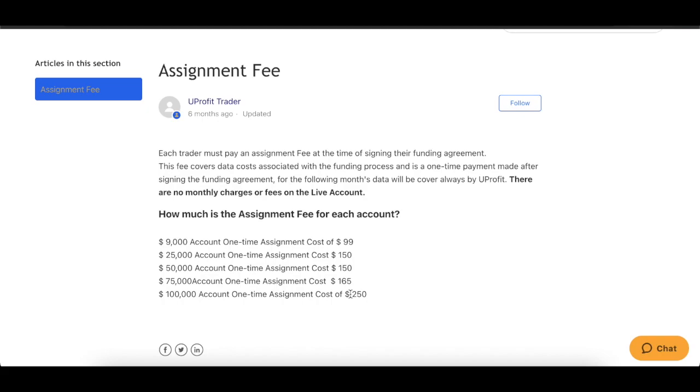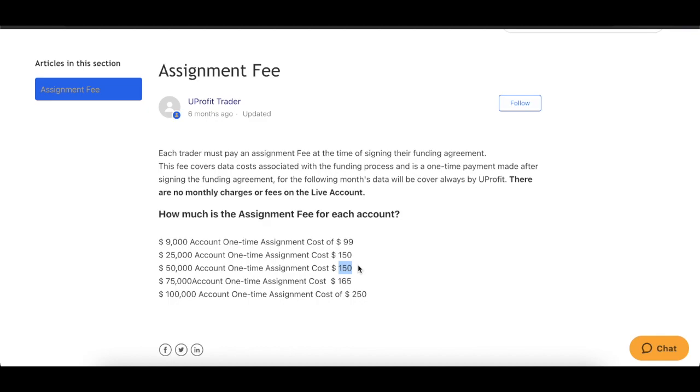So just to recap, when you do get funded, you're going to have to pay this assignment fee one time, but at least then you don't have to pay a monthly fee after that. You can do withdrawals every single week. I didn't look at the withdrawal methods. Usually it's a wire transfer, bank transfer type of deal. Most places don't do PayPal or anything like that. So it's most likely bank transfer or wire, I should say.